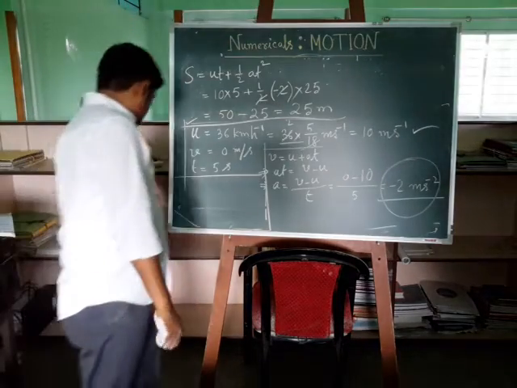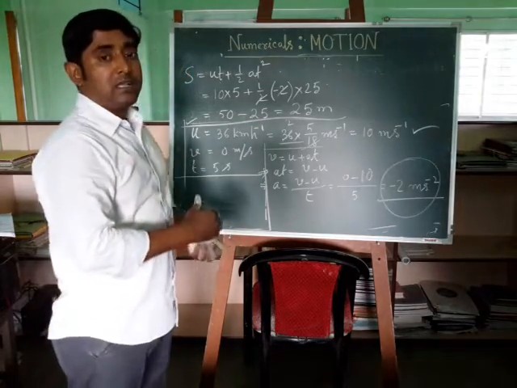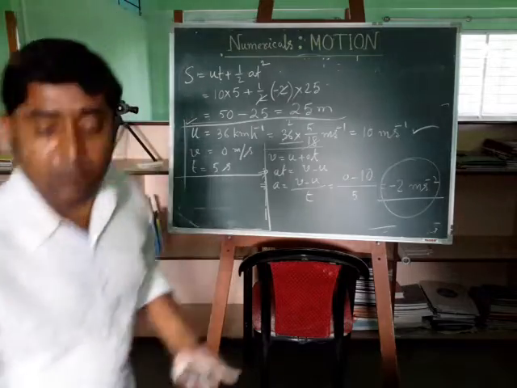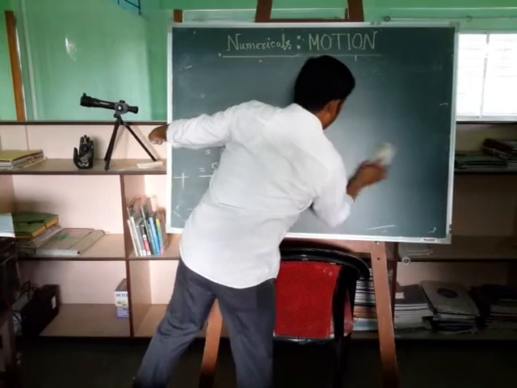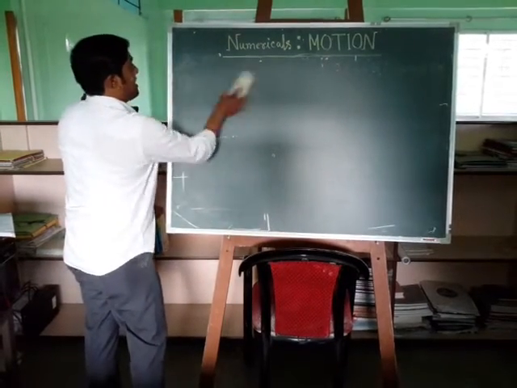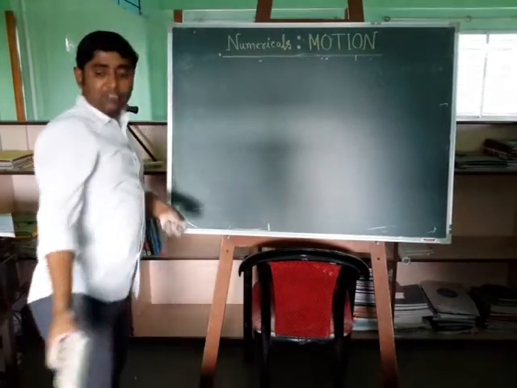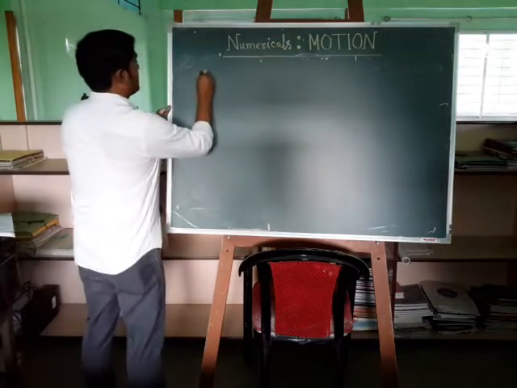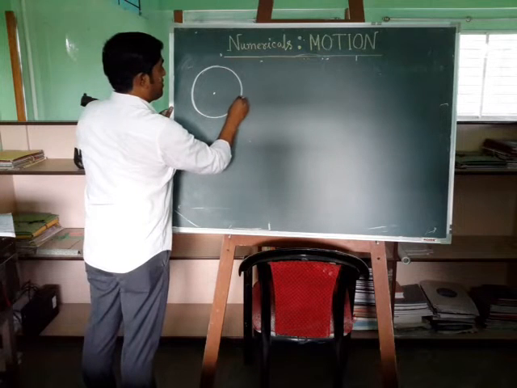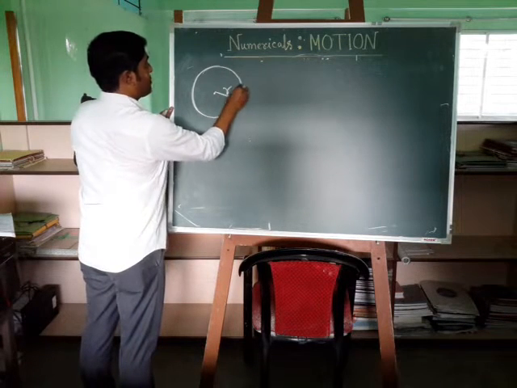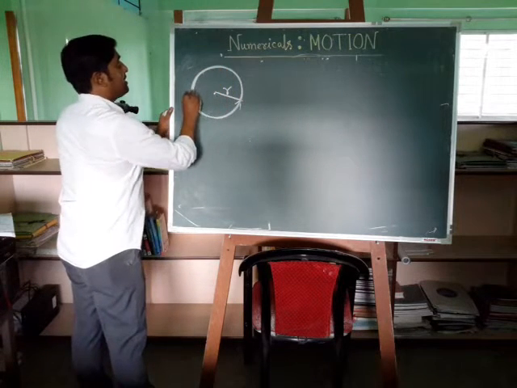Alright, we will do the next couple of numericals from our concept of uniform circular motion. So let me wrap this part. And you remember uniform circular motion, where an object is moving along a circular path with constant speed. That is called uniform circular motion. So when a particle is going around a circle, this is a particle, this is radius r, covering equal distance in equal time interval, we call this uniform circular motion.